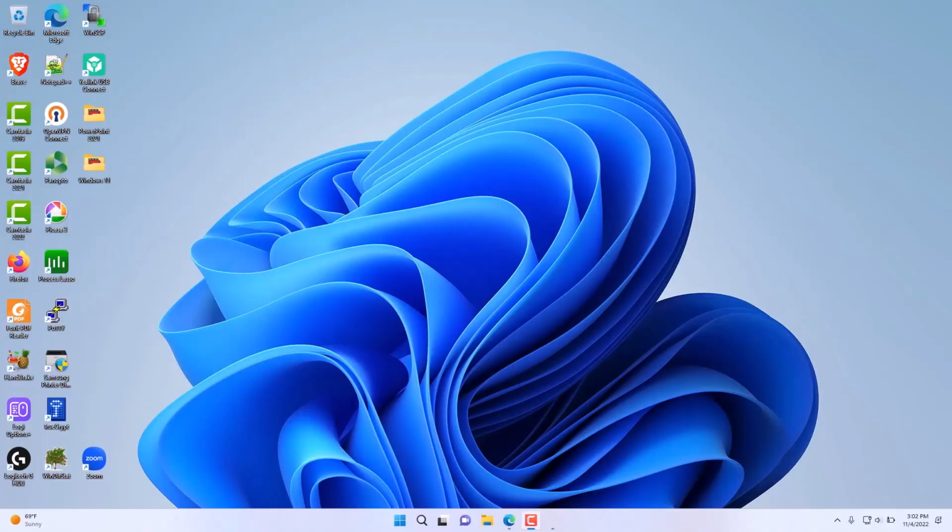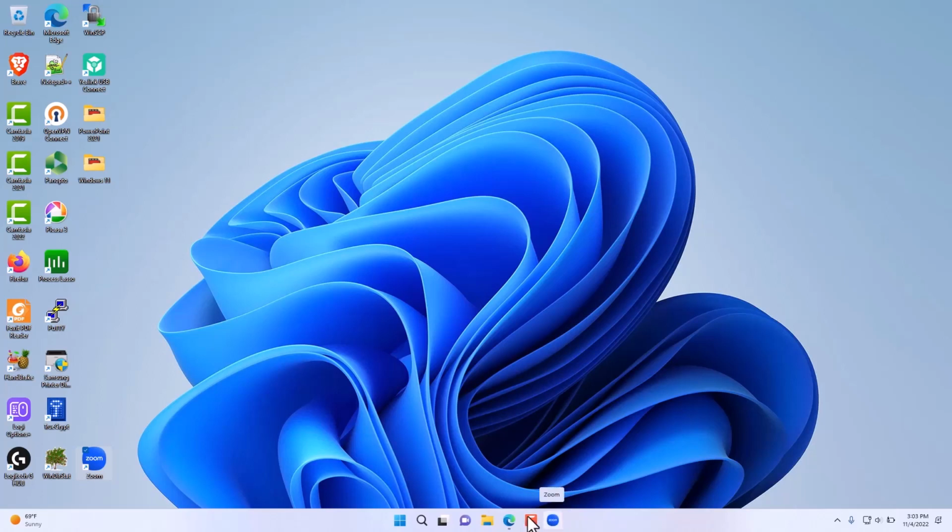In this segment of the Windows 11 tutorial, I'll demonstrate how to pin apps to the taskbar in Windows 11. Prior to the 2022 update of Windows 11, it was not easy to pin applications to the taskbar. Now you can pin apps to the taskbar by simply dragging them from the desktop to the taskbar and just letting the mouse go. Let's say I want to pin the Zoom application to the taskbar. I simply can drag it to the taskbar and then let the mouse go, and it will create a shortcut